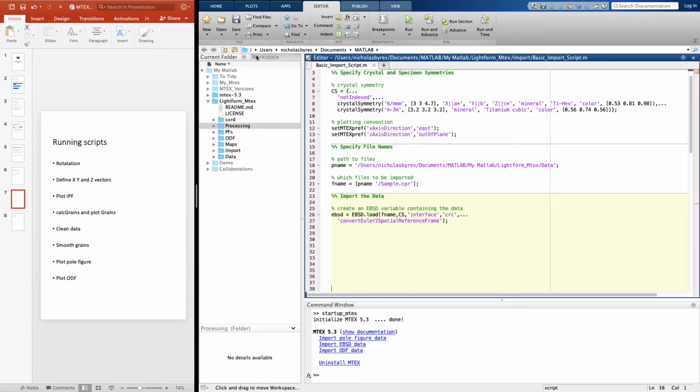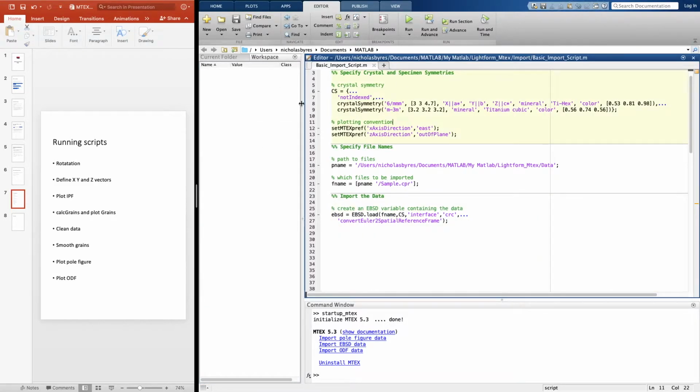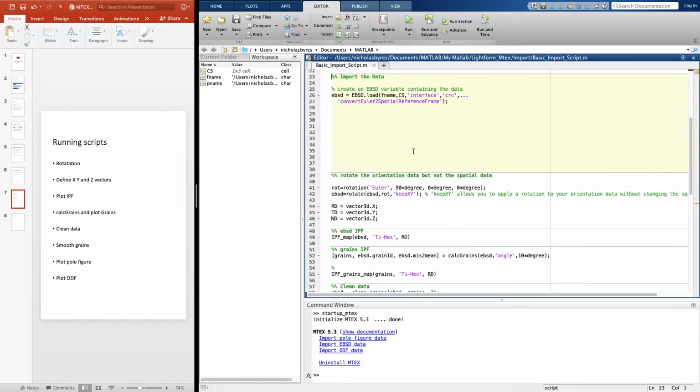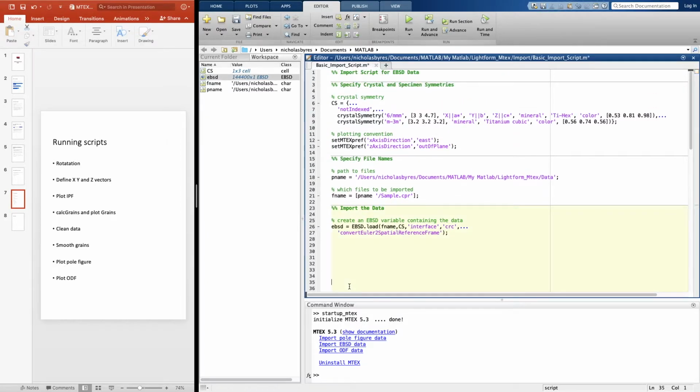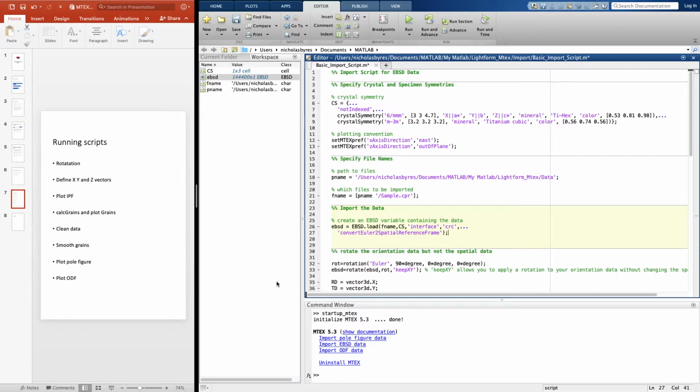So what we can do is run each of these cells one by one. On a Mac, you do that by pressing Command, Shift and Enter. So run the first cell and you'll see that the variable CS, which contains the crystal symmetries, has appeared in the workspace. And we've also set the plotting convention. Then we specify the file names and import the data. So now we can go ahead and start